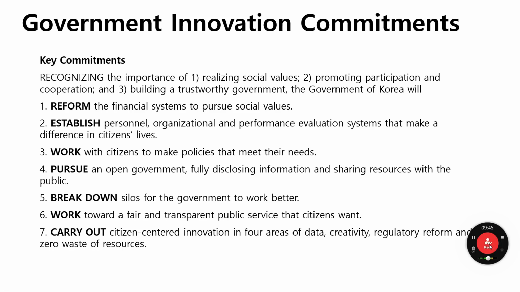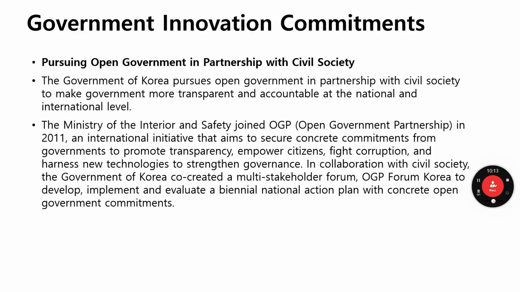And the breakdown: for the government to work better, work through the fair and transparent public service that citizens want. We carry out citizen-centered innovation in the 4 areas of data, creativity, regulatory reform, and zero waste of resources. I'm not sure it's possible. And okay, first is